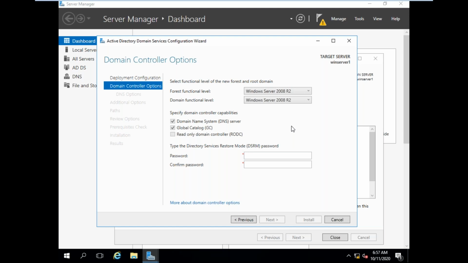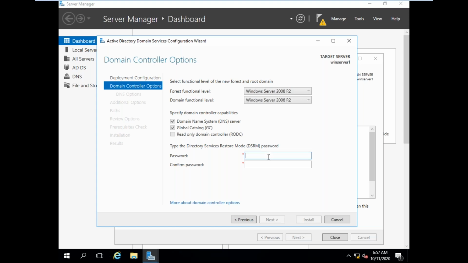If you select only Windows Server 2016, additional domain controllers, child domain controllers, everything has to be Windows Server 2016 editions only. But in our companies we still have 2008 servers running, 2012 servers running, and the latest we are going to use 2016 servers also. So I can combine and run both. So select the old version onwards, from which version onwards you want to use in the domain environment. Now you can still use 2008, 2012, 2016.